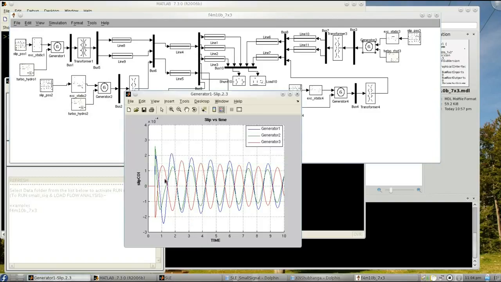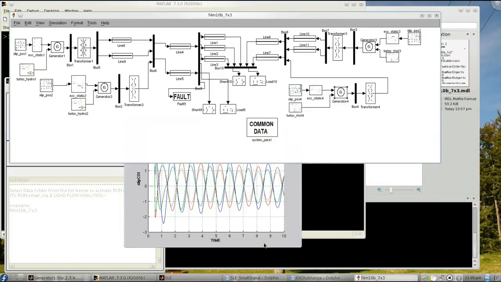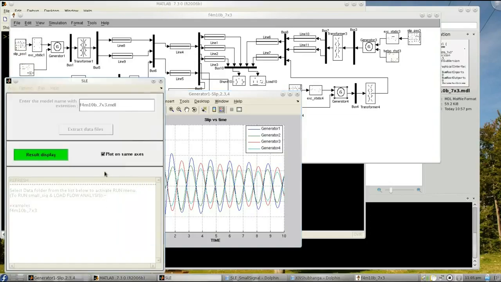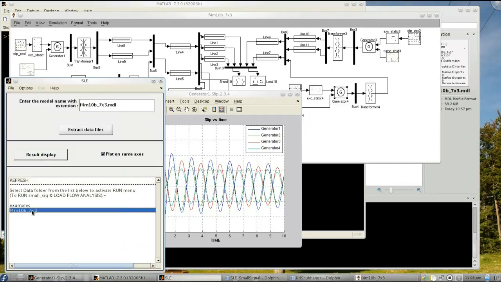With generator 3, it is swinging against grouping 1, and the same goes with generator 4. Generator 1 and 2 together, and generator 3 and 4 swinging together, and both groups swinging against each other.